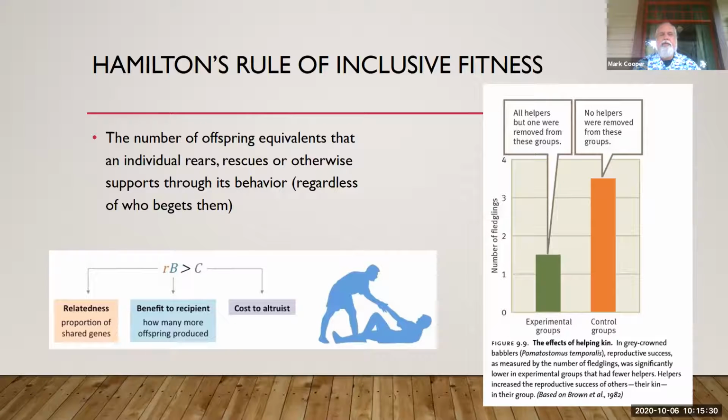And then there's another factor that really is what we're going to talk about next, which is the relatedness. You're more apt to do something for somebody you're related to. And so on the right is an example of gray-crowned babblers, a type of bird. And they are group nesters where the offspring from the year before typically will hang out and help. And what they found is if they remove all the helpers from a group,